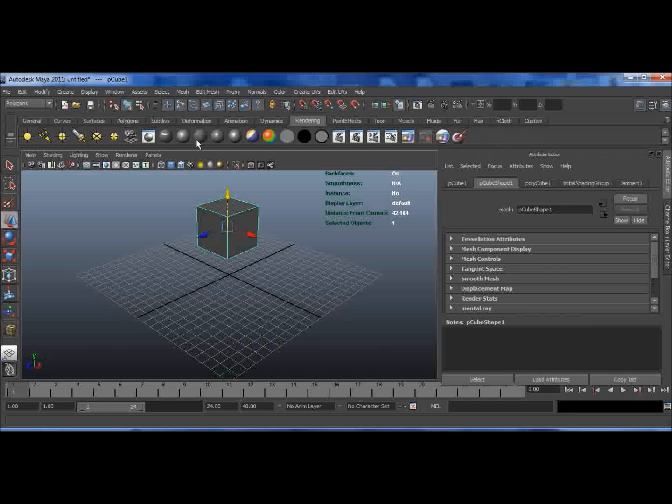Anyway, make sure you're in polygons in the drop-down menu, and then go to rendering in your tabs. There are many things in rendering, but we're going to concentrate on these three: the Blinn, the Lambert, and the Phong. The Blinn is a very dull metal texture. It'll give whatever you put on the texture a little bit of a shine. But the Phong, on the other hand, is very shiny, like stainless steel or very polished silver. And then you've got the Lambert, which has no shine to it at all. It's just a standard texture. So we're just going to click the Lambert,